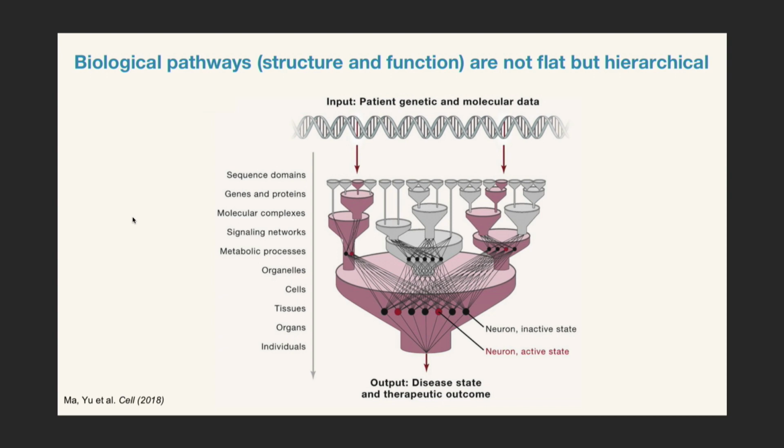In particular, we know that pathway structure in the cell, or cell structure as a whole, as well as cell function, is deeply hierarchical. So we have this well-known model in biology where changes in the genome, shown up here, I'm going to go top down, it doesn't really matter which way you go in this hierarchy, give rise first to changes in amino acids and sequence domains. Those changes in sequence domains give rise to changes in states of proteins.